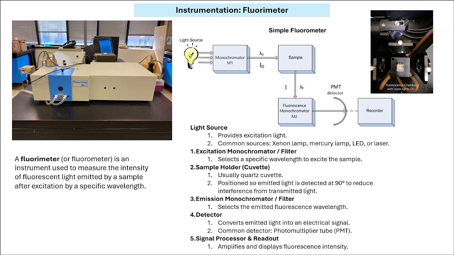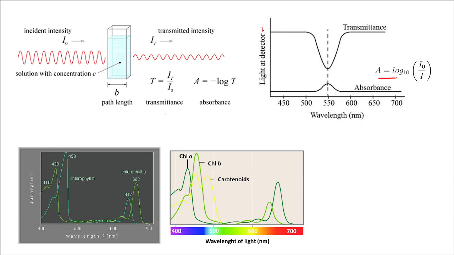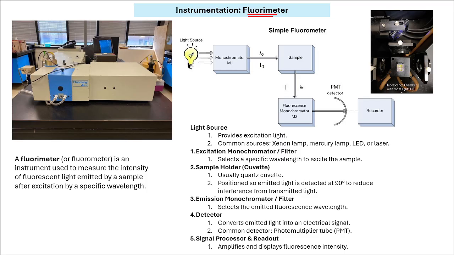Now this is the instrumentation for the fluorimeter. There are some very key differences that you'll find in the instrumentation setup and the sample chamber when we are recording absorption and when we are recording fluorescence. Using this fluorimeter, we are recording the fluorescence emission given by a particular kind of sample. If you remember, here the light is passing straight, but here you would see a 90-degree angle.